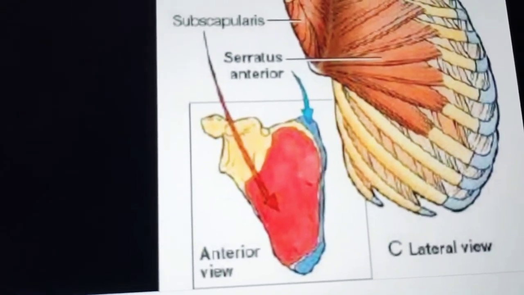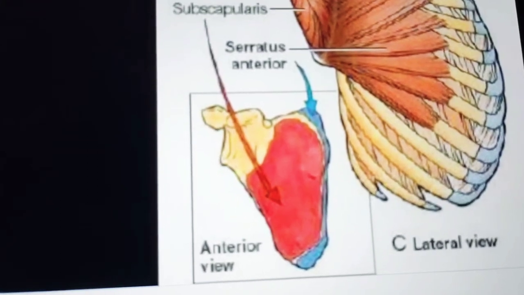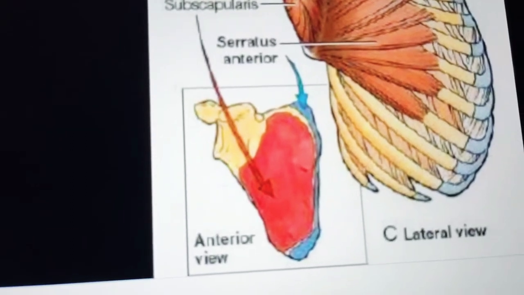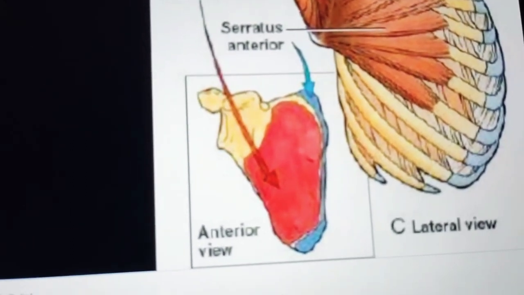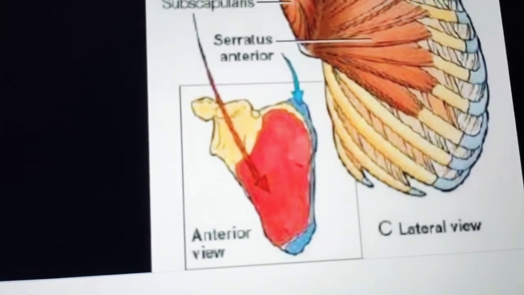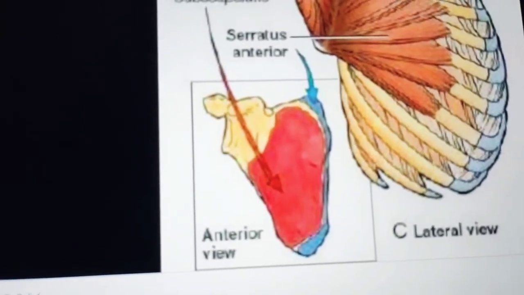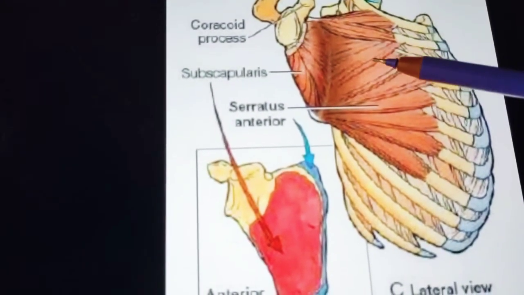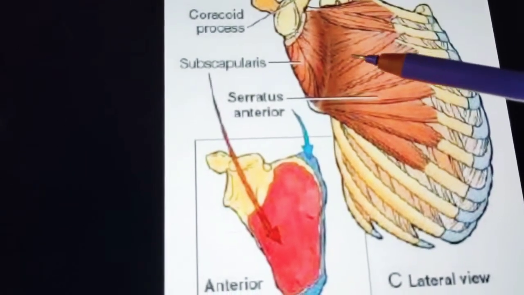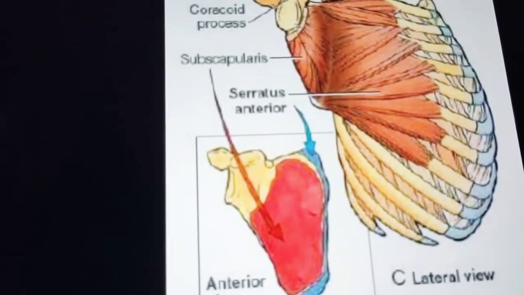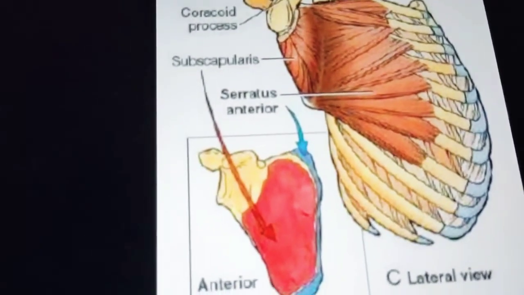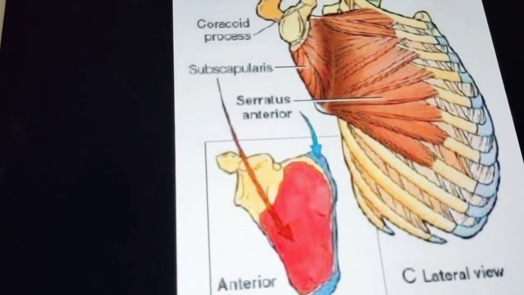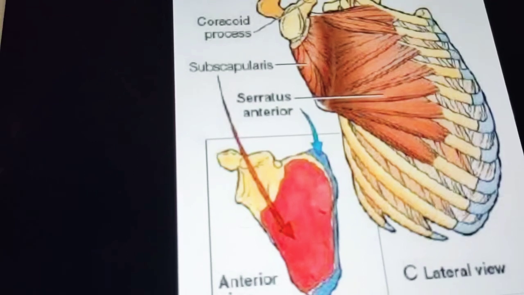Which nerve is supplying it? The nerve to serratus anterior is a branch of the brachial plexus, and its root value is C5, C6 and C7. So what are the actions? Along with the pectoralis minor, this muscle pulls the scapula forwards around the chest wall. You can see this diagram, right? This is the scapula, this is serratus anterior. It can push the scapula forward because it's attached to it, right? So it pulls the scapula forwards around the chest wall to protract the upper limb, in pushing and punching. To punch someone, you need the serratus anterior muscle.